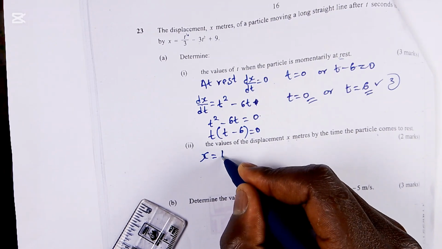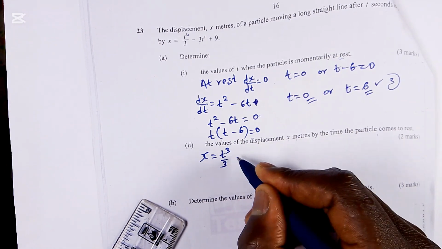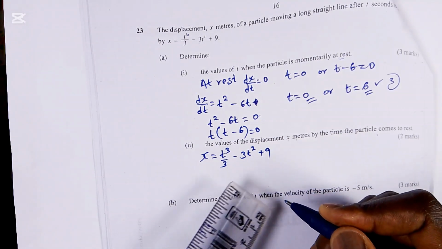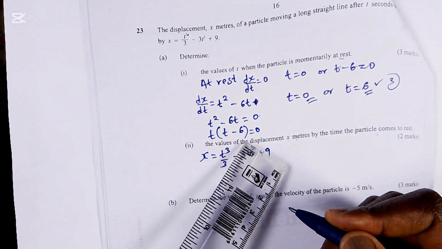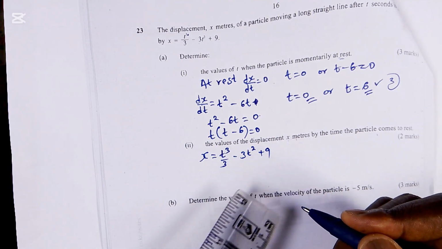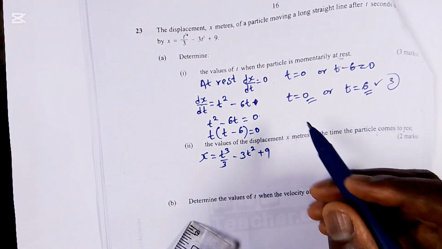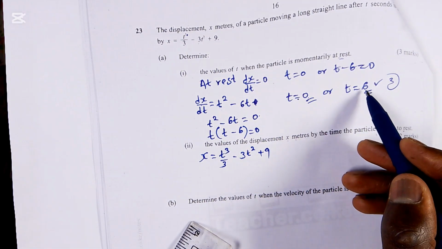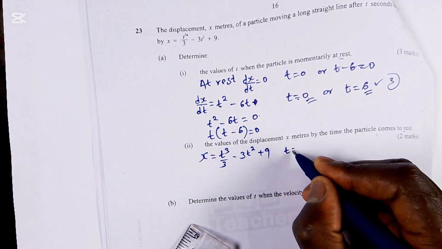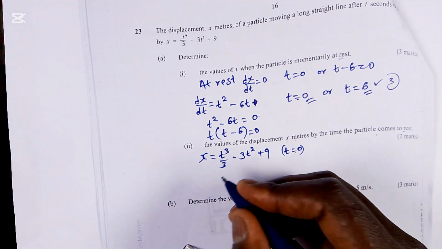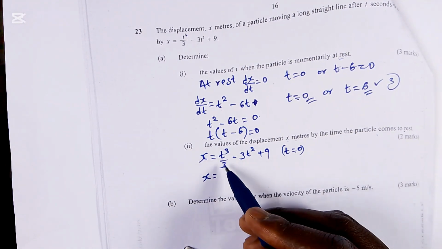We have been told to find the values of the displacement h at rest, and when it is at rest, t is 0 and t is 6. So we will find our displacement when t is 0,